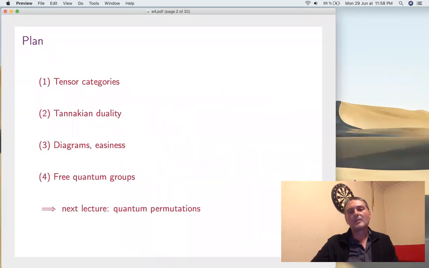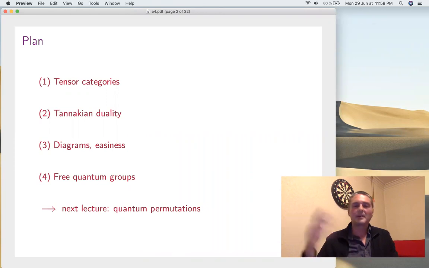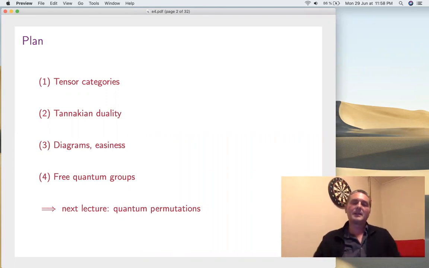So as the plan, we'll talk first about tensor categories in general, definitions, all that. Then we'll prove Tannakian duality after formulating it, so that's going to be quite tough. And then at the end, as an application, we'll get into these three quantum groups that we're talking about, especially O_N^+, U_N^+, we want to understand them. And first we'll build on Tannakian duality a theory called easiness, which is somehow the case we're interested in, the most important, with a lot of combinatorics there. It will be just the beginning, okay? Easiness will come back in the next lectures more in detail. And with this, we'll find some applications to the three quantum groups.